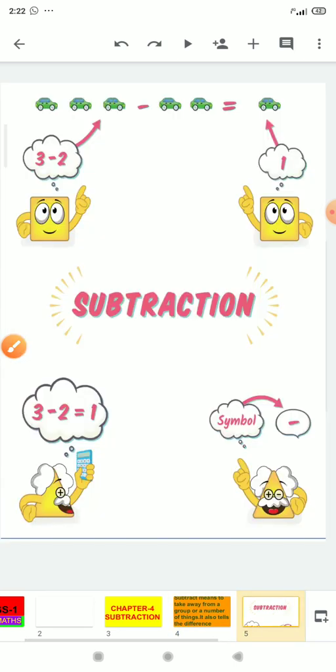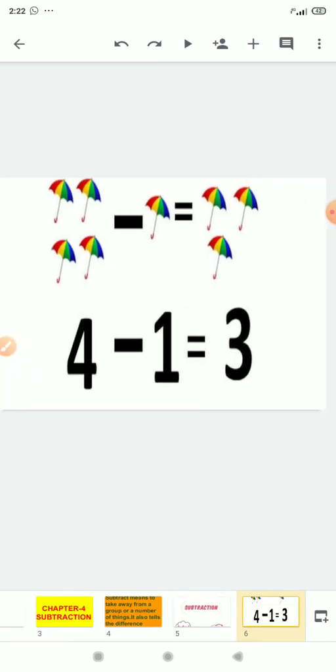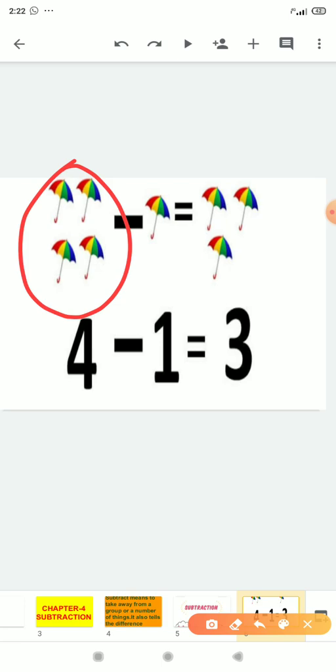There are so many examples I have shown you. Again I will make you remember that 4 minus 1 is equal to 3. If we have 4 umbrellas here, and from 4 umbrellas we deduct or take away 1, then 3 umbrellas are left. Okay,